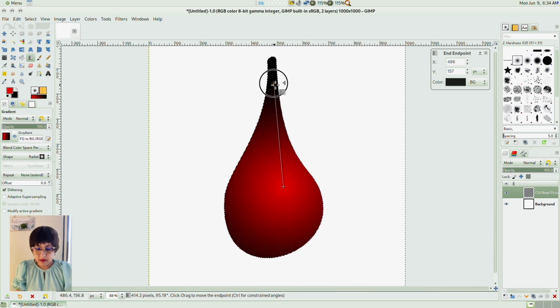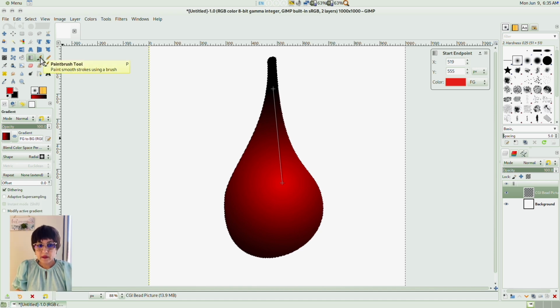I think the bead would look kind of like this, with shadow around the bead and underneath on the bottom edge, it would look a bit dramatic. The gradient tool, I used it in radial mode.